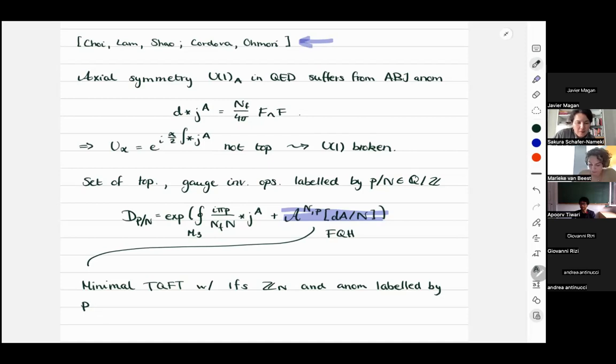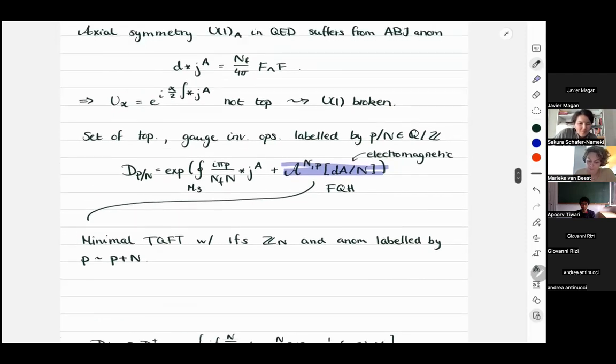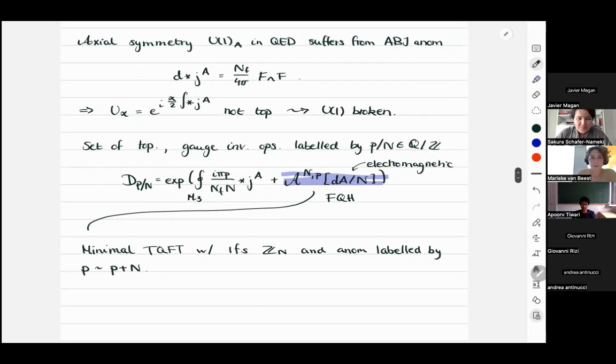Now, where was I? Right, it's labeled by this P. And of course, there's a coupling here. So this minimal TQFT is coupled to the background for the one-form symmetry, and we take the background gauge field for this one-form symmetry to be the electromagnetic gauge connection. Okay, so just in case other people are not completely intimately familiar with this construction, which of course many people are, clearly Javier is,